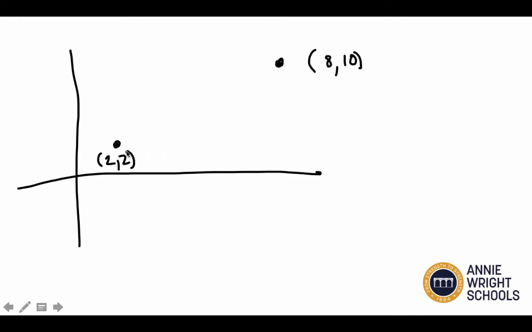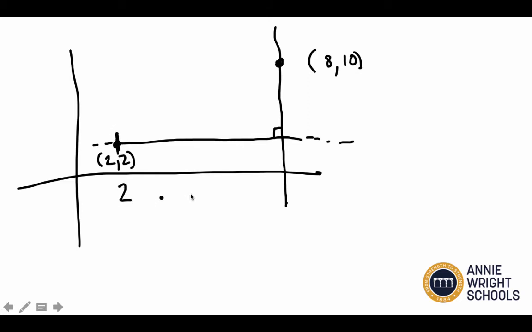So here is what you could do. I know that there's a vertical line or horizontal line that extends forever in this direction. And I know there's a vertical line that extends forever in this direction. And I know that all vertical and horizontal lines will meet at right angles. This line here has an x value of 2, and this line here has an x value of 8. What's the distance between here and here? 6. This horizontal line has a y value of 2, and this horizontal line has a y value of 10. That has a difference of 8.